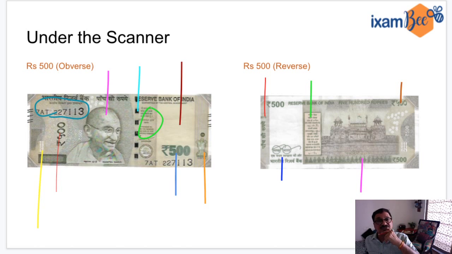and 2000. Now here this thread is a windowed security thread, we call it. Windowed meaning this is actually woven into the substrate when the note is being made. So it starts from here, it appears here, then disappears inside the paper, comes out. So it goes like this, woven into the substrate, the paper on which the note is printed. Then this is the circle that I've written. The green circle is the guarantee clause of the governor, right? And then here, this 500 that you see,